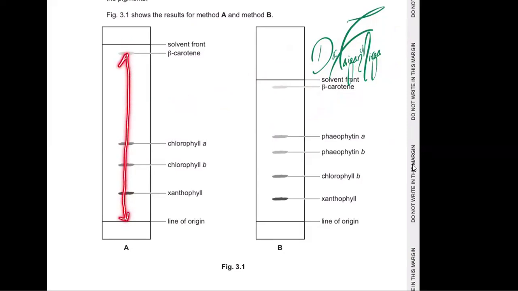We always start to measure from the line of origin, and we measure it to the point where we are asked to measure. For example, if they're asking for beta carotene, we'll measure it for here. If they ask for chlorophyll A, we'll measure the point till chlorophyll A, and this will be our solute front. So the solute fronts are always measured from the line of origin to the point where the solute ended up